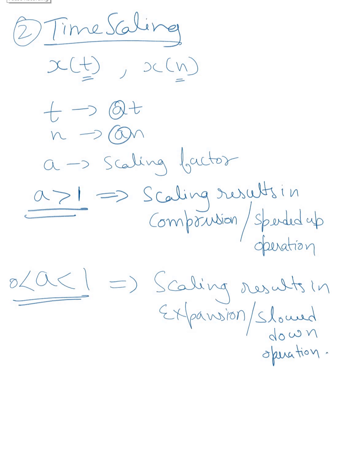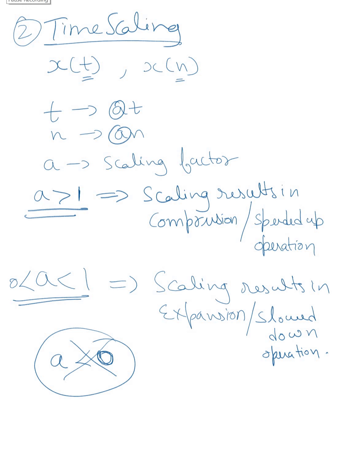Thus, in case of time scaling transformation, we are assuming here two scenarios. That is, the scaling factor a is greater than 1, or it lies between 0 to 1. We are not assuming the scenario when a is less than 0, or you can say a is negative. We are not analyzing this scenario in time scaling transformation, and the reason is that we look at the same scenario in time reversal transformation.